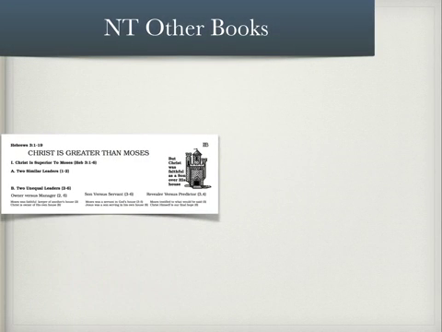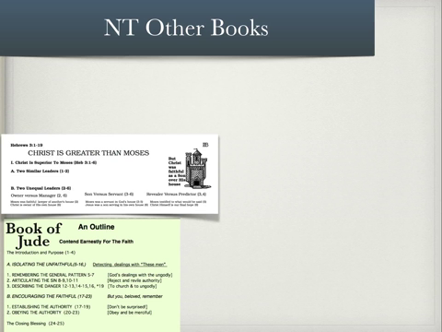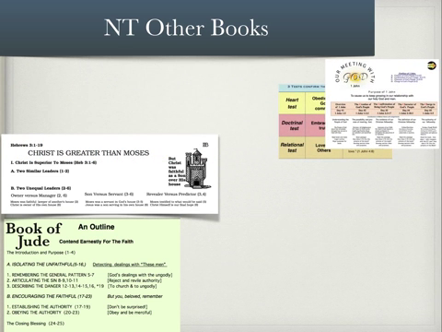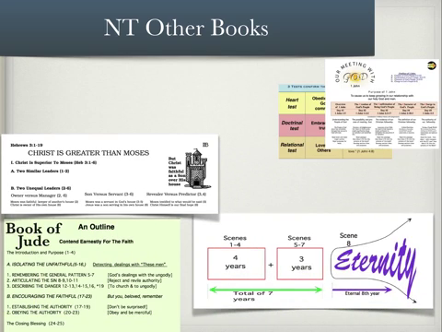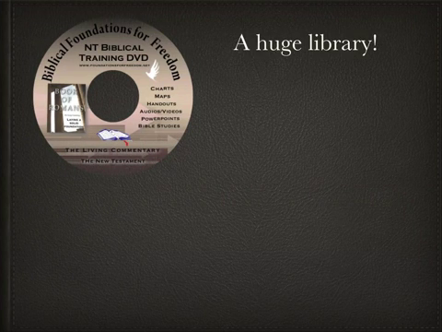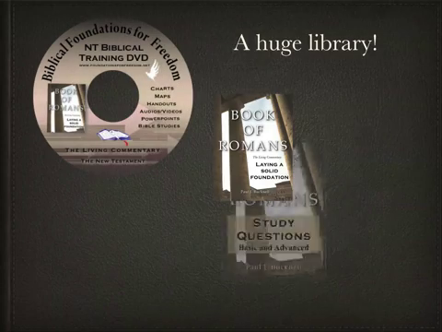And of course, there's many other books. I don't want to go through all of them. Articles all the way through the book of Hebrews, the book of Jude, 1 John, key outlines, Revelation. We have lots of different charts and diagrams. This is the New Testament Training Library, and it just includes so many different things, including a few of these